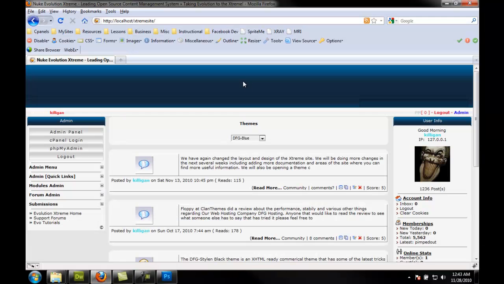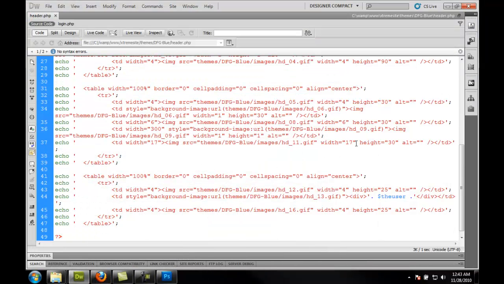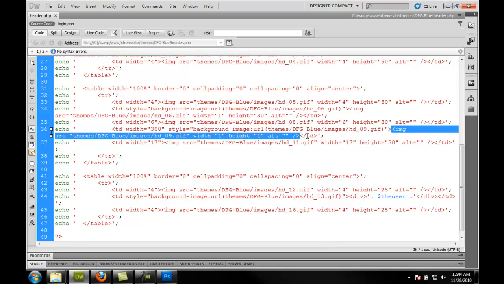The marquee, if you remember, goes on the second table, and it goes in this box here, which was a background image. It's just a little repeating background. So what we're going to do is go into our second table, which is this one here, and we're going to go to the second image from the end, which is this one here, and we're just going to add in some marquee code. We're going to go from the end of the background image source to the TD tag, and we will just remove that,